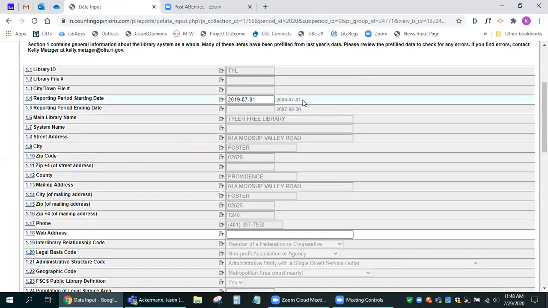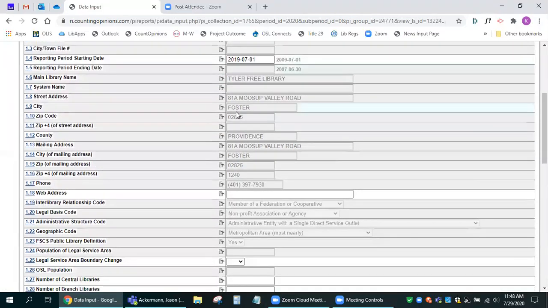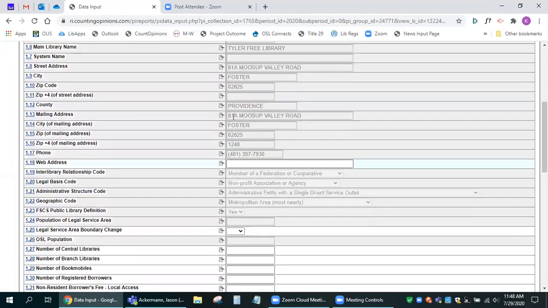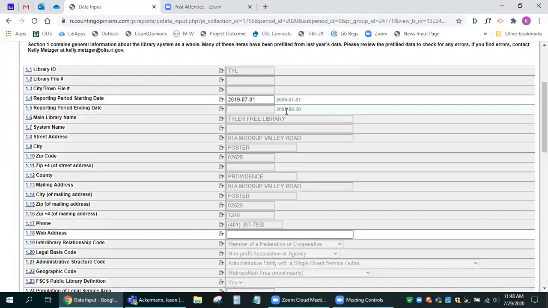It does not mean that the current year has been answered. So if you were to leave a field blank, you would end up getting an alert when you go to submit because there is a blank field. So the previous year value is for your reference. You do still need to provide a response for the current year.